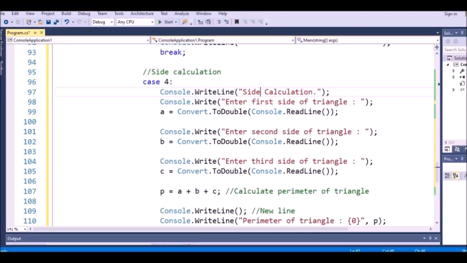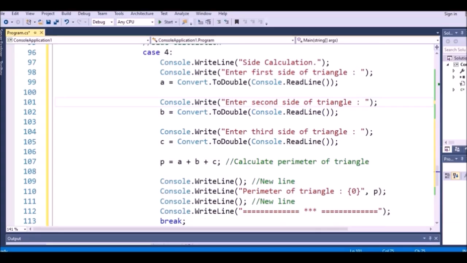And to calculate the side, you need to know the perimeter and the other two sides, right, to calculate one side. So for example, you ask the user to put the first side of triangle A and the second side of triangle B, but the third one should be the perimeter, right? So you ask that in the perimeter of triangle,